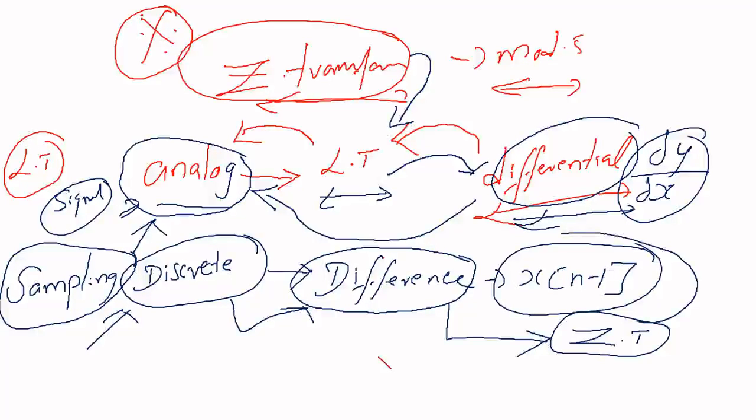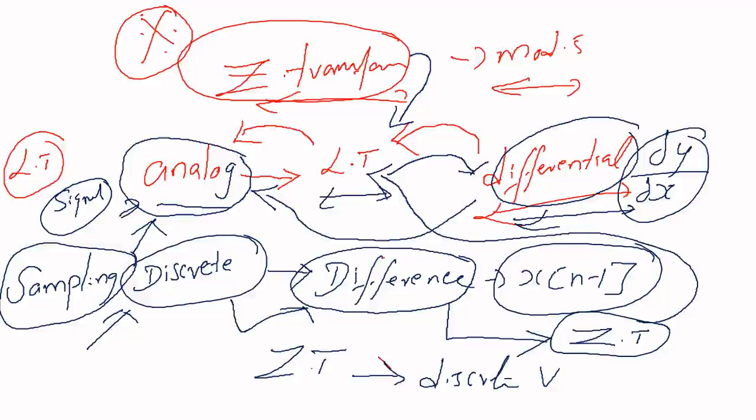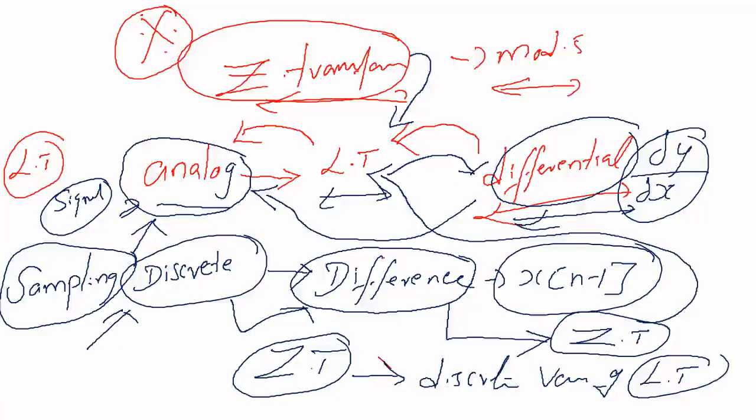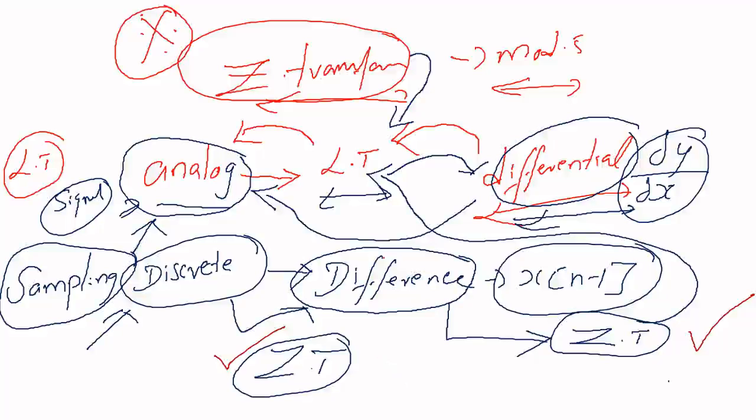Z transform is nothing but a discrete version of the Laplace transform. So as expected, whatever you can do with the Laplace transform, the same thing can be done by the Z transform. So that's the meaning: in the Laplace transform we use the properties, solve problems, and then finally the region of